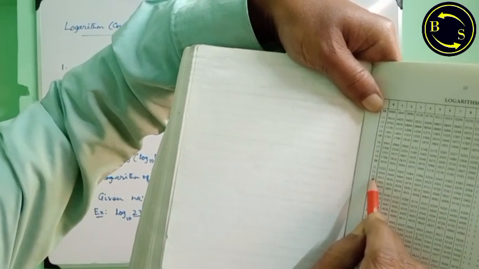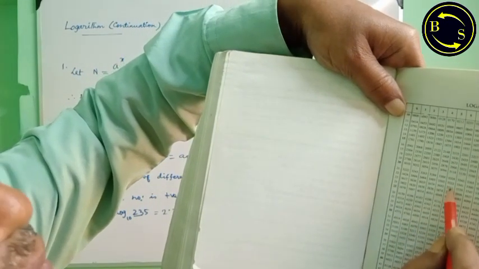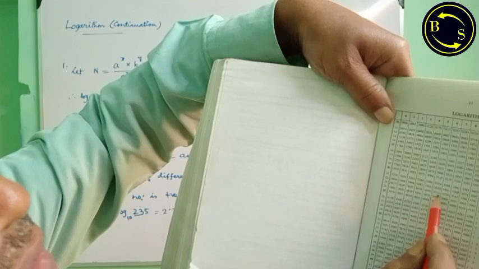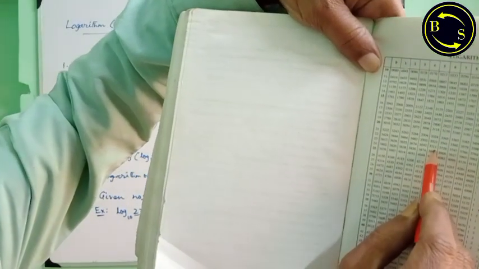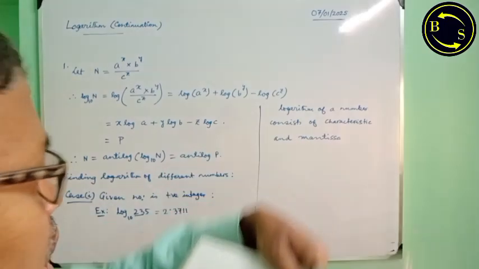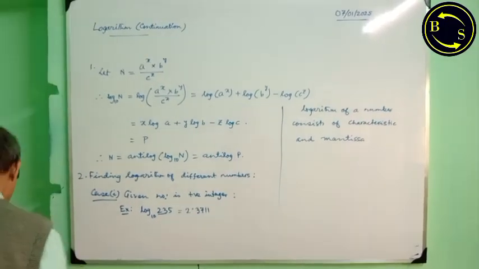After that digit 5 is there, therefore I follow this column 5. Then 23 and 5 means 3711. Follow that 3711. Therefore the characteristic is 2 and